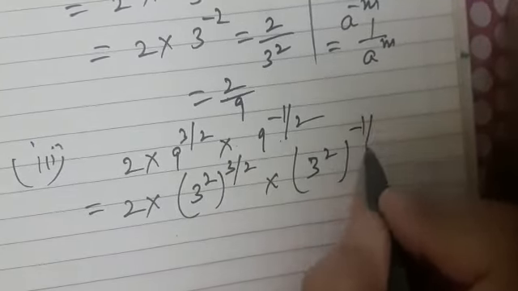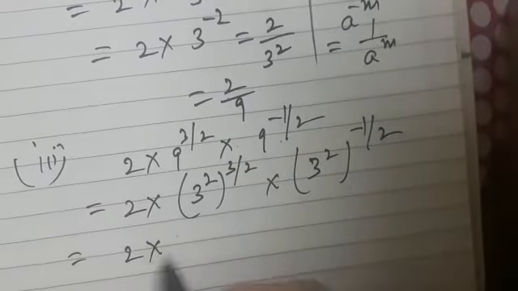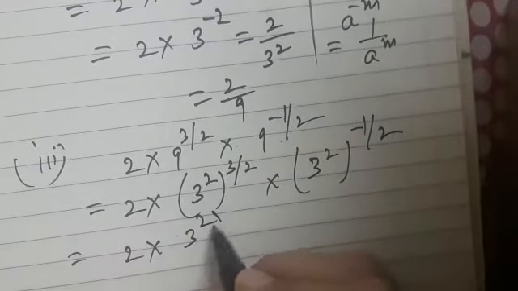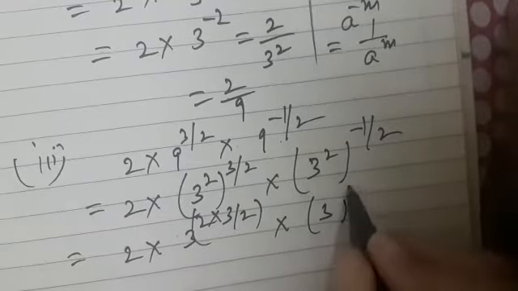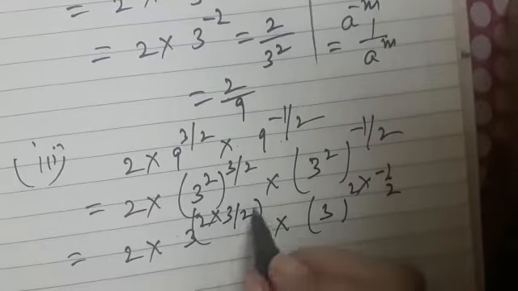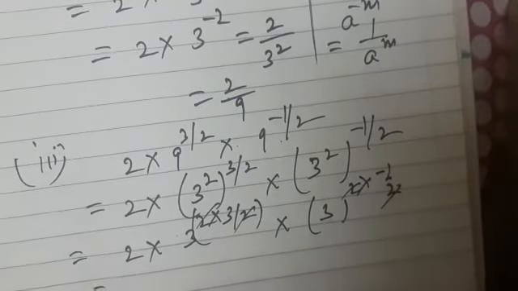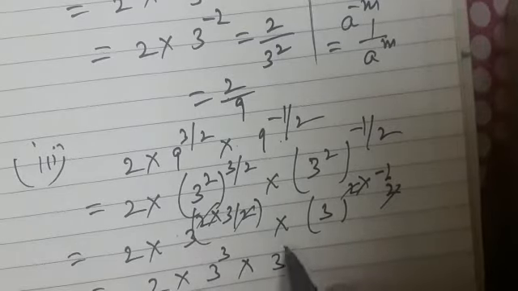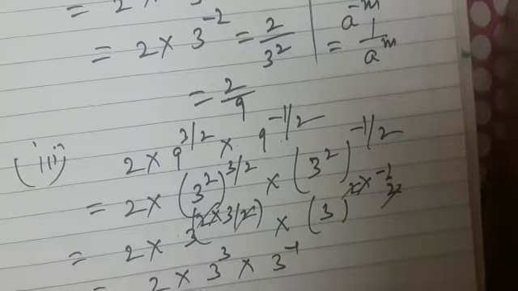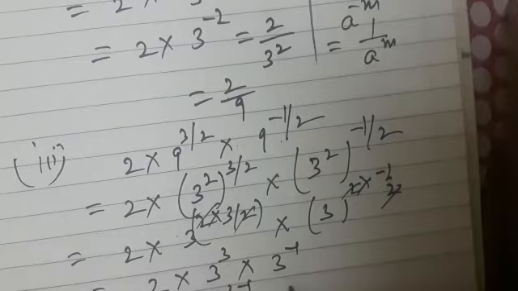Same thing here. So this is equal to 2 into, this is 3 raised to the power 2 into 3 by 2. Simplify, 3 raised to the power 2 into minus 1 by 2. 2 and 2 gets cancelled. So we get 2 into 3 raised to the power 3 into 3 raised to the power minus 1. This is 2 into 3 raised to the power 3 minus 1. So this gives us 2 into 3 raised to the power 2. That is 9, 2s are 18.